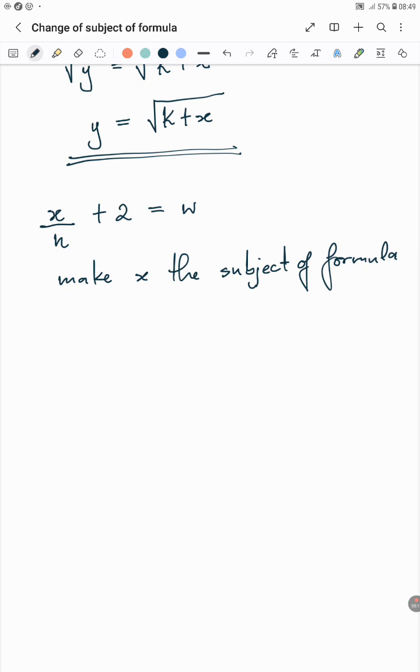So the first thing is you need to clear the fractions. So how are you going to clear the fractions? You're going to multiply each and every term by n. So here we say n times x over n plus 2 times n is equal to